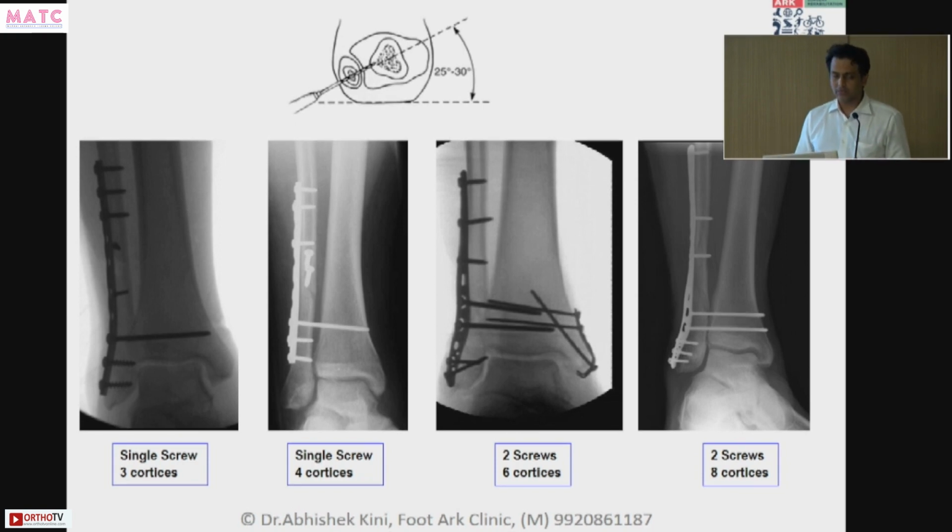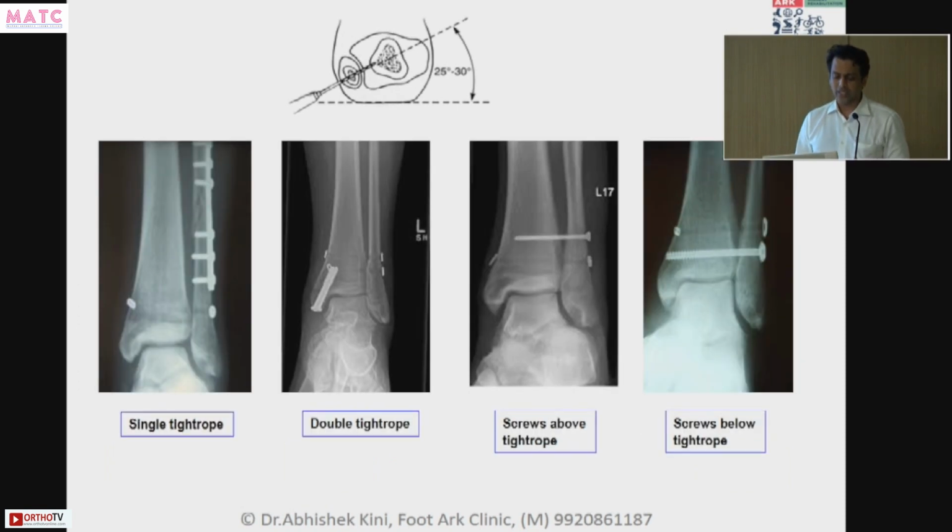All things are there. There is no evidence that, since there are so many options, that means no options are correct, or that no option has been proved to be the most correct up till now. Similarly, tightrope, single tightrope, double tightrope, pant over vest types where there is a screw and a tightrope, or both ways are available. So you can do all kinds, but the main thing is to get the fibula back into place,